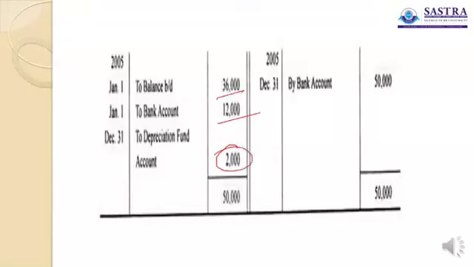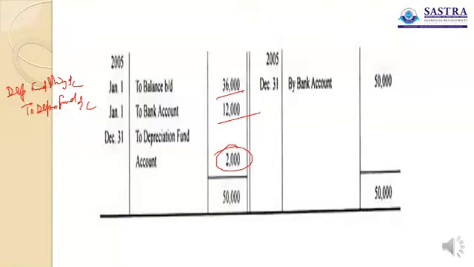So what is now the entry for this? Depreciation fund policy account to depreciation fund account. So it is shown on the fund policy account. This is the method by which the insurance policy method of providing depreciation is calculated. The theme of this is to initiate an insurance policy equal to the lease or the asset or the acquisition of any kind of property, which will be utilized at the end of the lifetime of the asset for replacement and others.